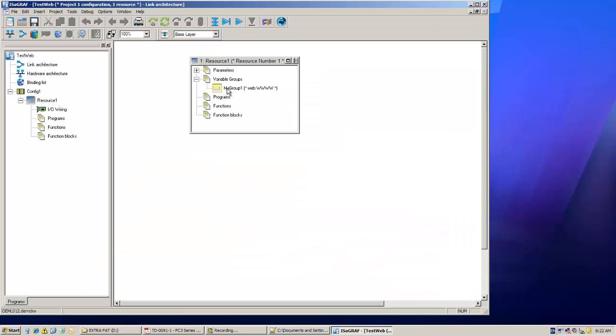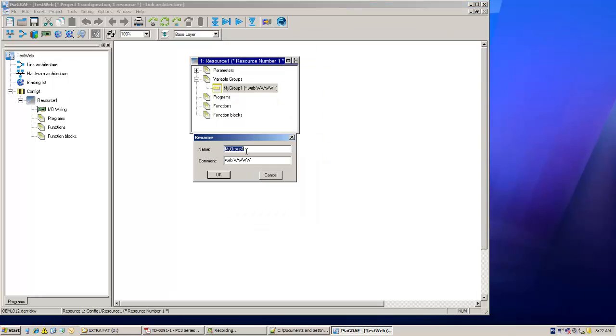Recall that every variable group in a PC3 web interface project has the word web at the start of its comment field. It is then followed by a space and then 4 letters. Each of those 4 letters applies to one of the 4 users in the PC3users.txt file. In this case, all users have write access. However, if I was to change a particular custom setting,